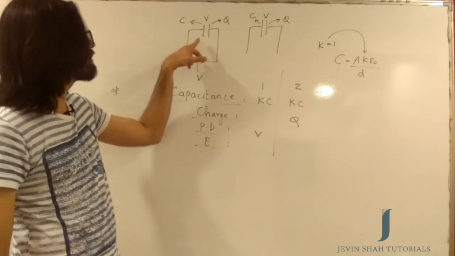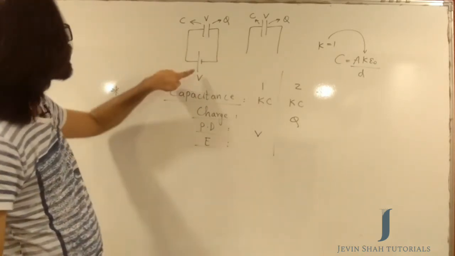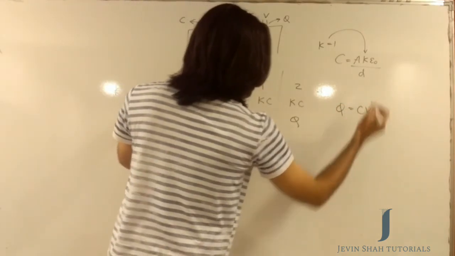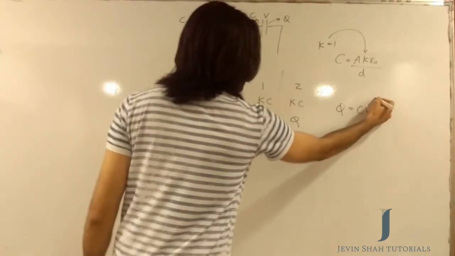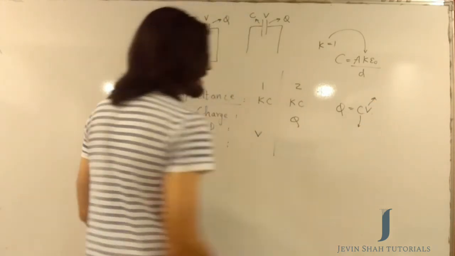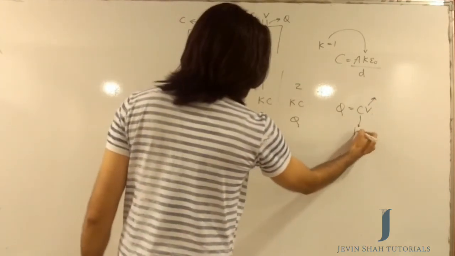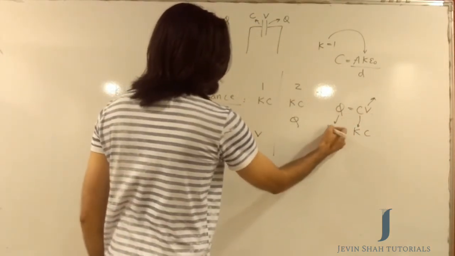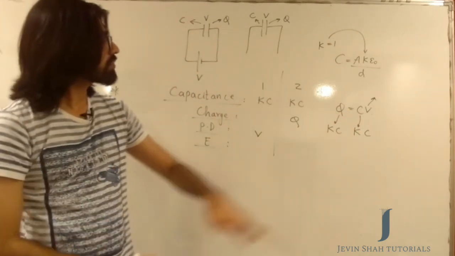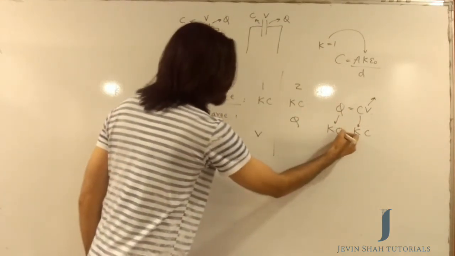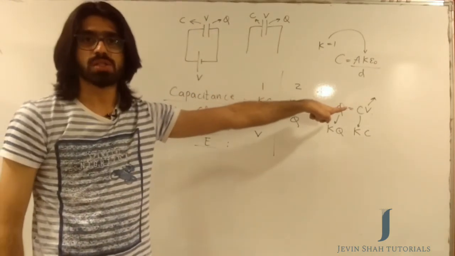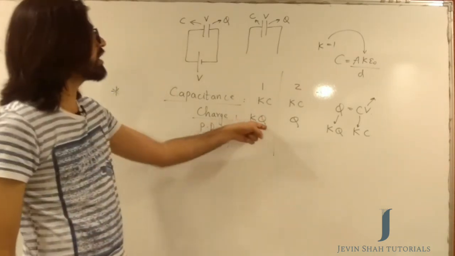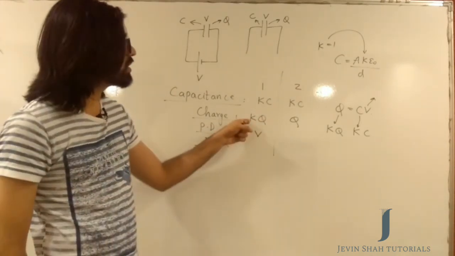Let's think of charge in this case. Now see, I said that the potential difference here remains the same. The basic equation is Q equal to C into V. If the potential difference has to remain constant, C is now increasing by K times. So this becomes K into C. For potential to remain constant, Q has to become K times. So Q has to become K times Q so that the potential remains constant. So the charge will become K times what it previously was. So the charge will now be KQ. Think over it a bit and you will realize this.